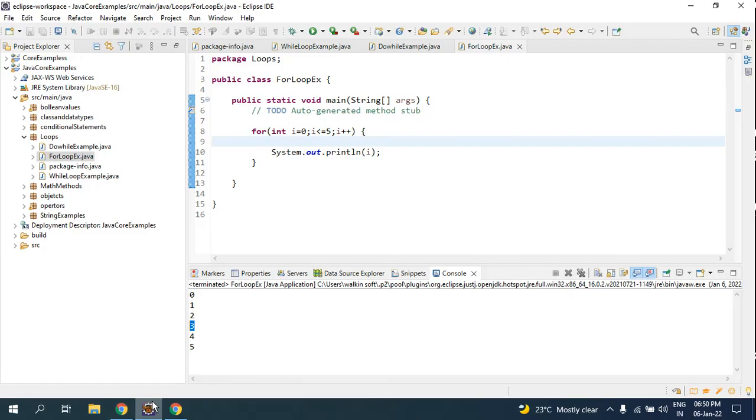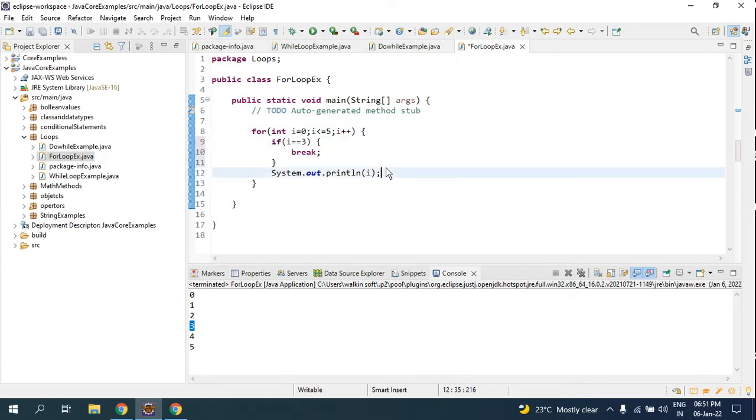And suppose you want only the fruits to be pulled out. You know where the container is, so you are asking the loop to stop when the container comes. For that you will do, if i equals 3, when you are pulling out and the i value becomes 3, the loop should break. So when you run with this condition, you can only pull out fruits.